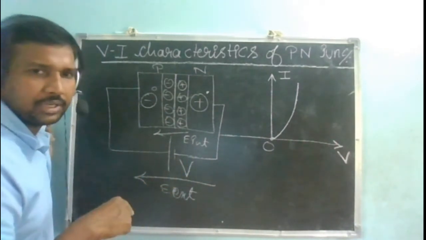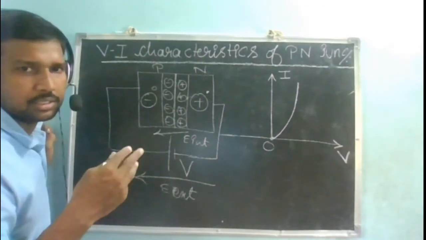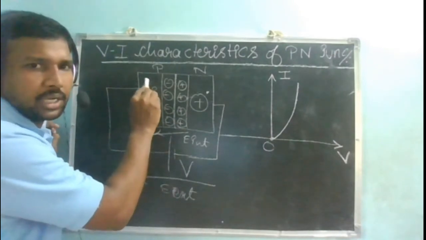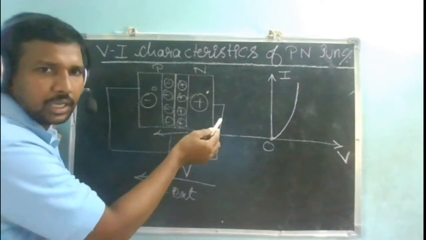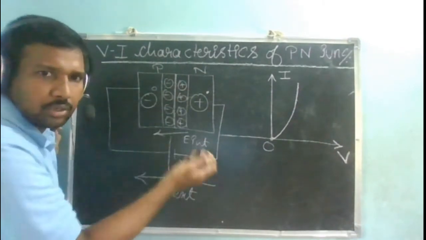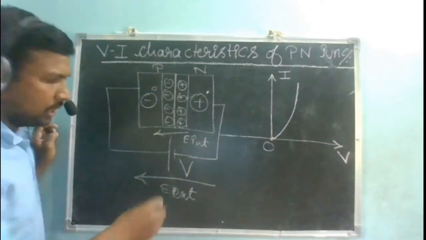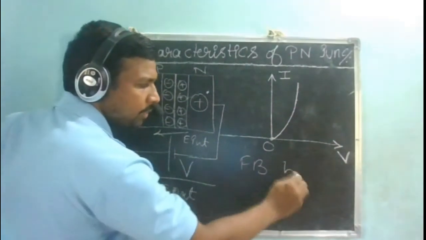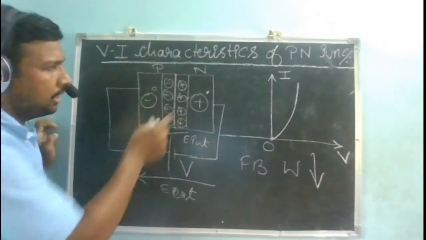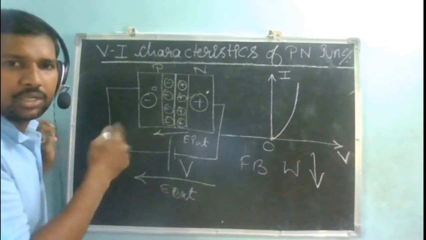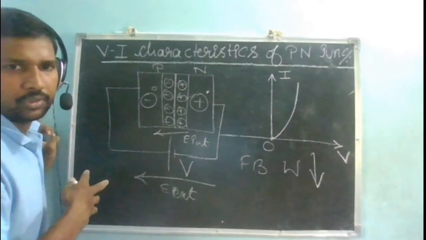When the net electric field is reduced, the concentration gradient of holes and electrons is going to increase. That makes holes in the p side cross the junction and electrons in the n side cross the junction. When they do that, these negatively charged ions get back their lost charge carriers and the depletion width reduces. So in forward bias, the width of the depletion region is going to reduce, because the negative or positive charges get back their lost charge carriers, either electrons or holes.